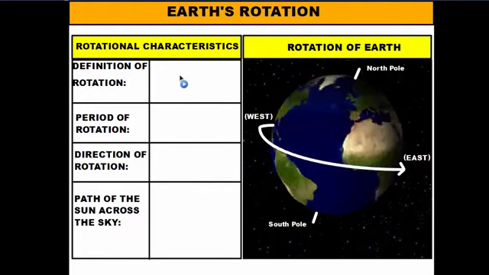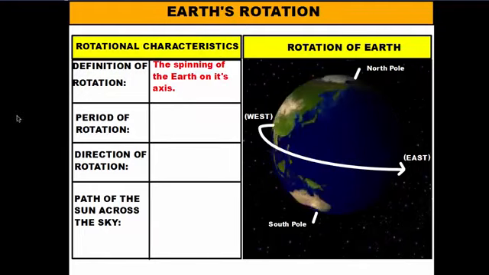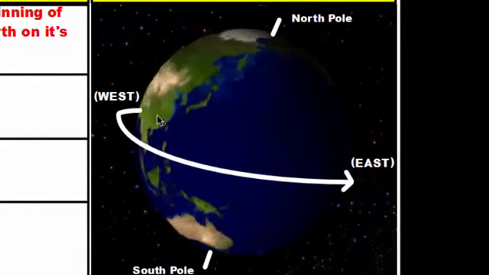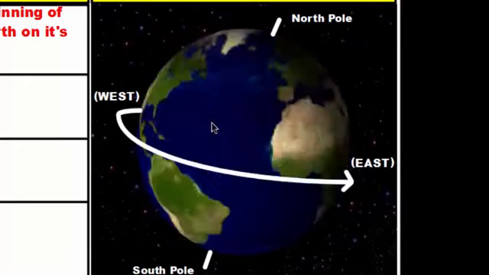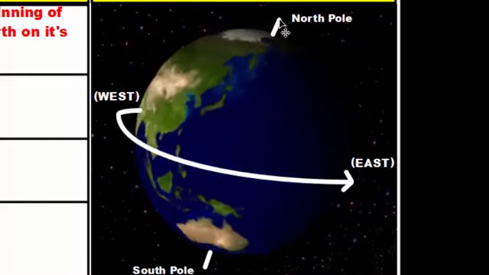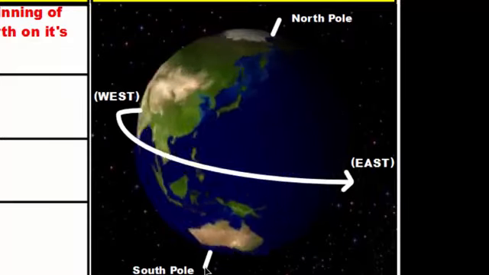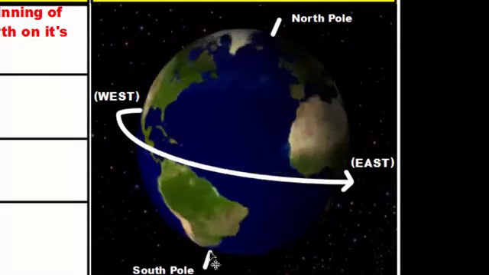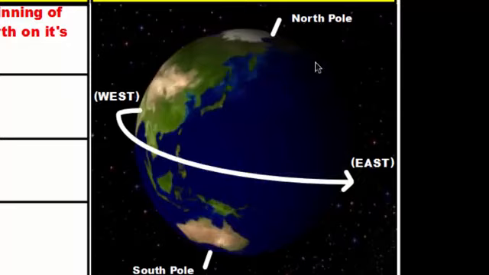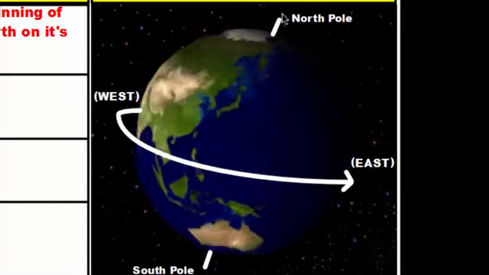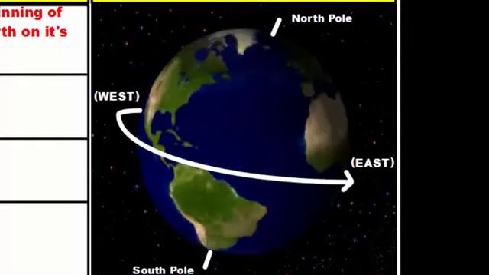Now, Earth's rotation is defined simply as the spinning of the Earth on its axis. So you can see the rotation of the Earth right here. All you see is the Earth just spinning in place around this imaginary line that runs through the middle of the Earth at a 23.5-degree angle called its axis. And usually we identify the top of the axis with the North Pole and the bottom of the axis with the South Pole. And as you can tell, that central line is the line that cuts through the middle